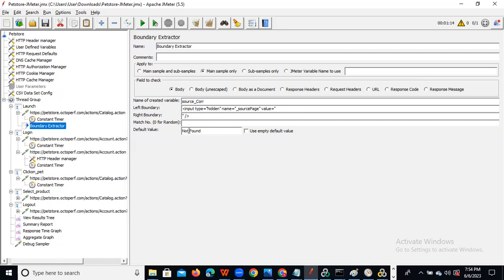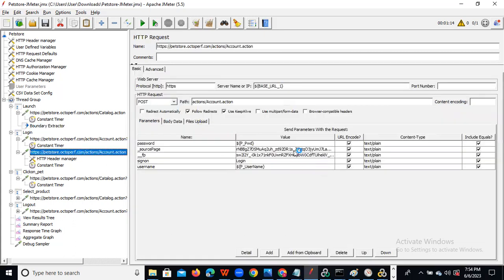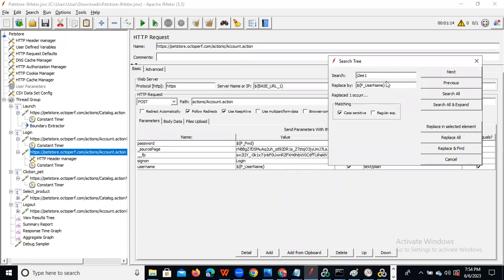So you need to do the correlation like this, and after that, we need to replace. Okay, so we can go here, and you can copy this text, and press Control F and search for it, and you need to give the name, right?